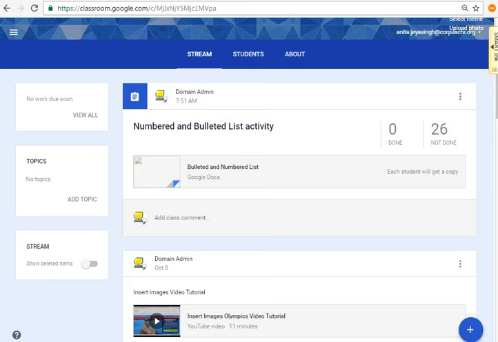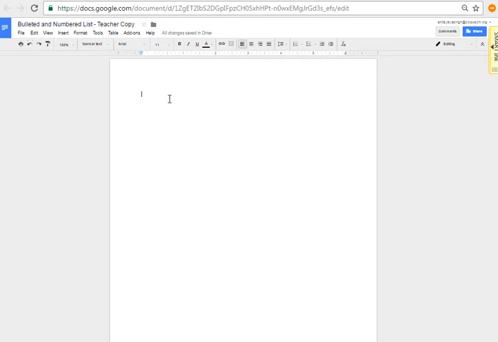Today, you are going to learn how to create a numbered and bulleted list using Google Docs. So you will sign in to your classroom.google.com, enter Computer Lab 5B, and then open the numbered and bulleted list activity. And once you are inside, you are going to